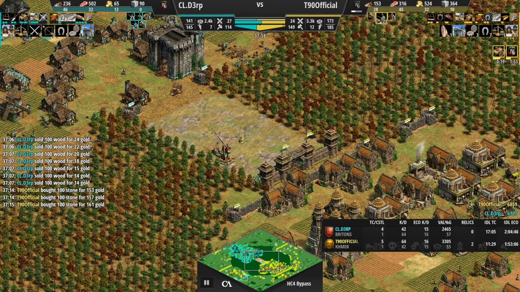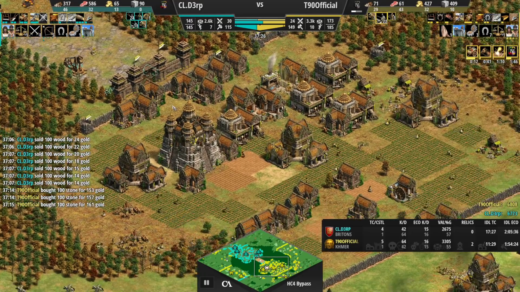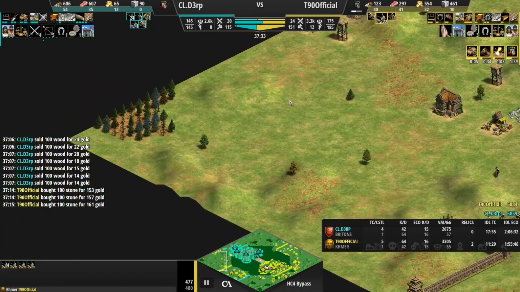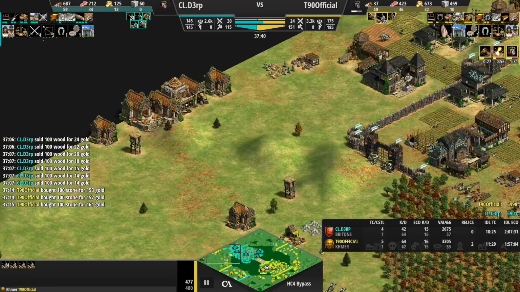I'm going to be in a good spot when it comes to gold and stone. I just need to defend. There is one thing in particular, as I'm starting to attack here now as well. I also have a villager around here somewhere. I don't know where that villager went. But anyways,